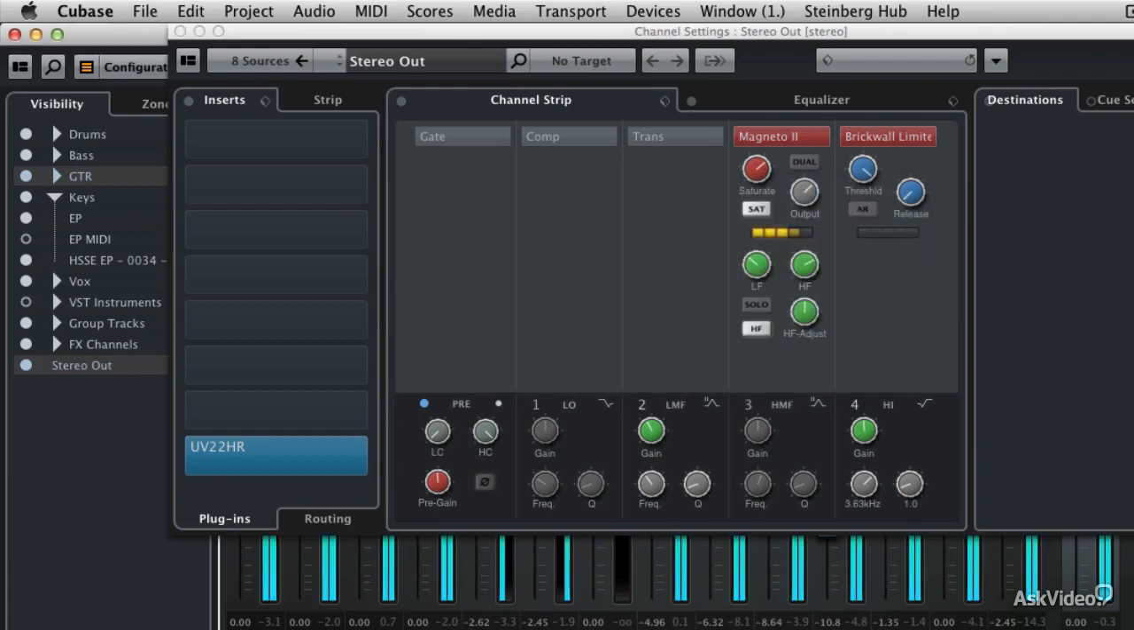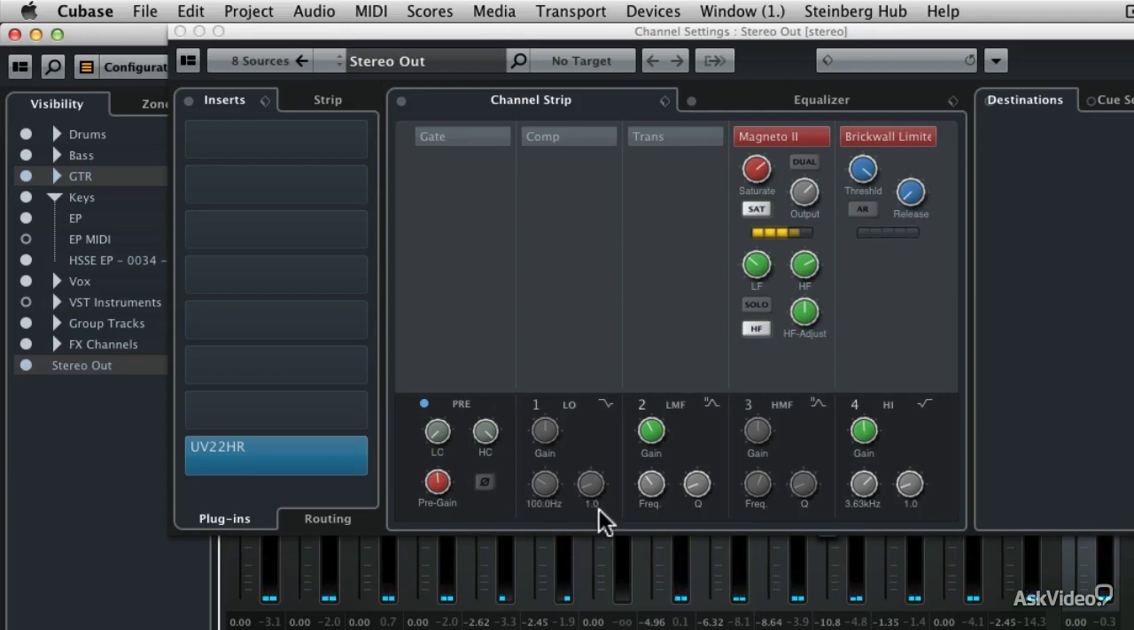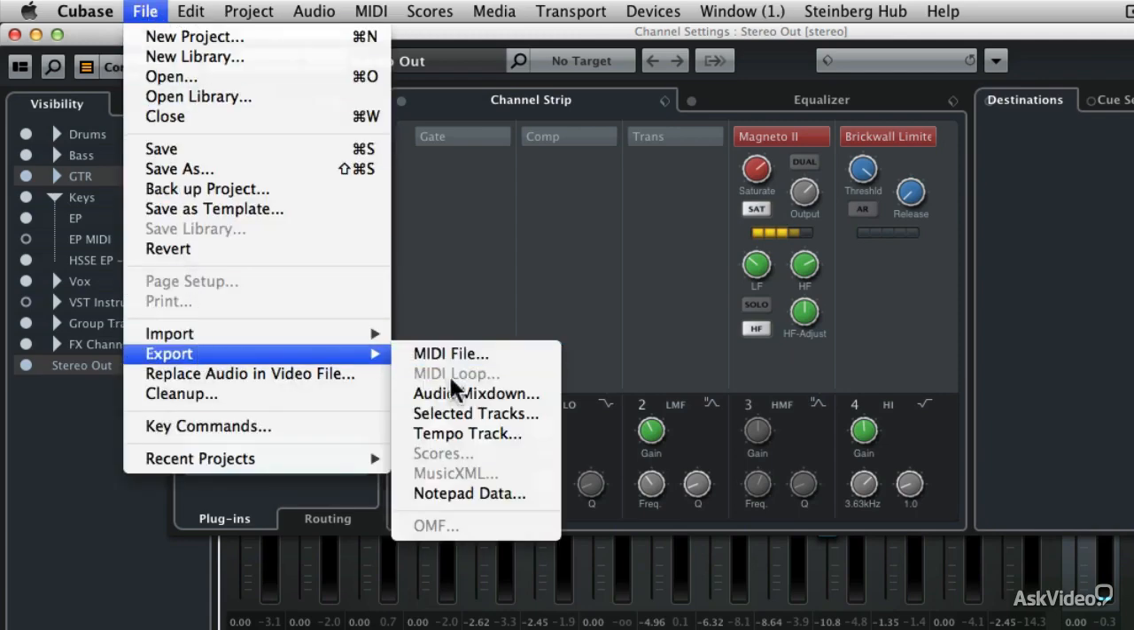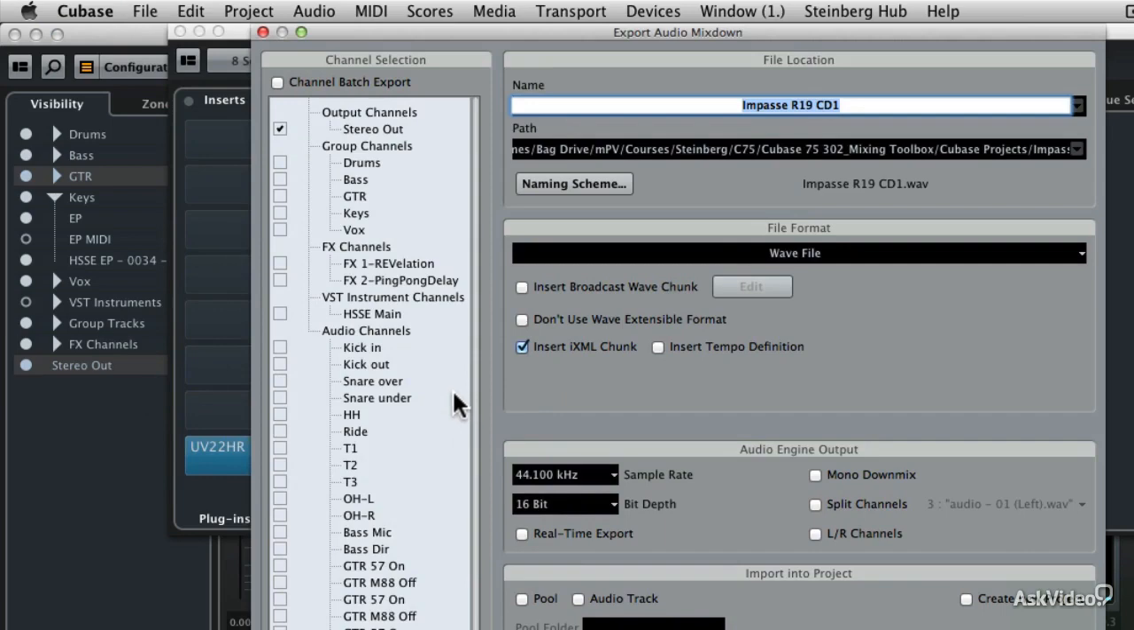Now, even though MP3s are a variable bit rate, I am going to recommend that you leave the dithering plugin on, because that will get the file down to a 16-bit format before the MP3 encoding process takes over. So whenever you're exporting MP3s, always make sure you use a dithering plugin. Now I'm going to go back to the File menu, select Export and Audio Mixdown,